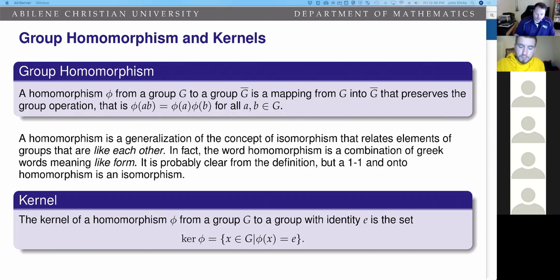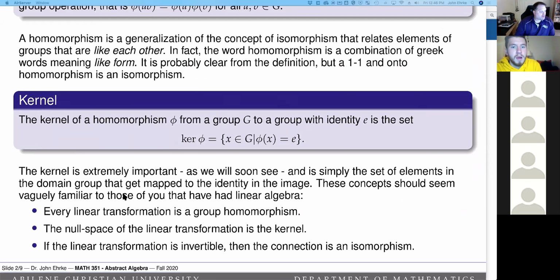For those of you that do have a linear algebra background, the thing that we're talking about here is something quite interesting. A homomorphism is nothing more than a linear transformation. So from a linear algebra course, any linear transformation that you make is a homomorphism. They are the same thing. If you treat the space R2, for example, as a group, right? We can look at the direct product of R with R and treat it as a group. A linear transformation is nothing more than a group homomorphism from R squared back into R squared. So it's kind of like a group automorphism,